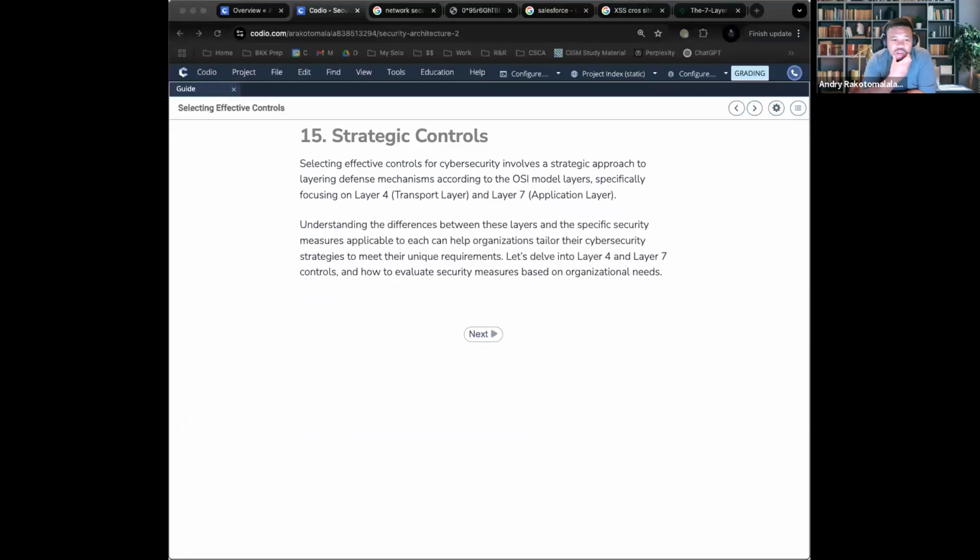In this case, we're mainly going to focus on two: layer 4, which is the transport layer, and layer 7, which is the application layer. As a reminder, layer 4 is the transport layer where we are transporting data and packets via a specific lane, TCP or UDP. Layer 7 is the application layer. It's where our eyes meet the screen, where we can see the actual application.